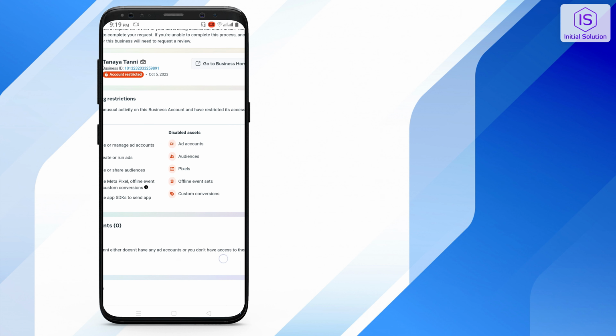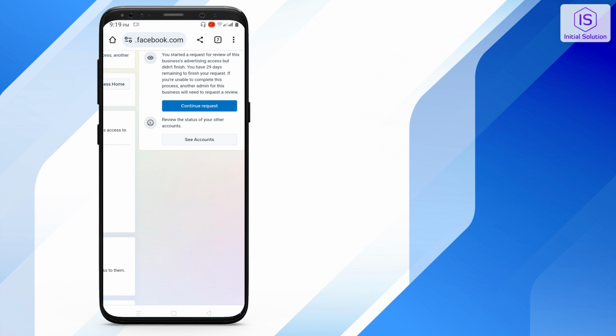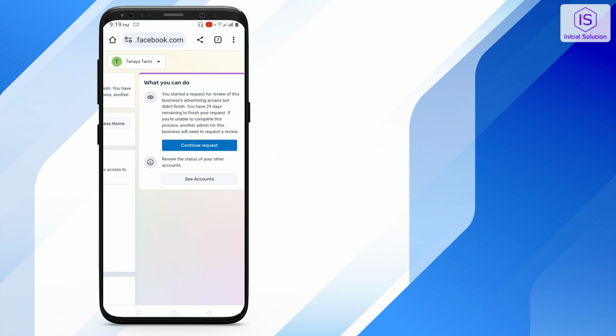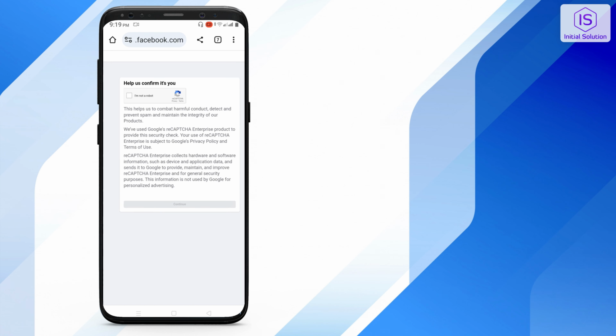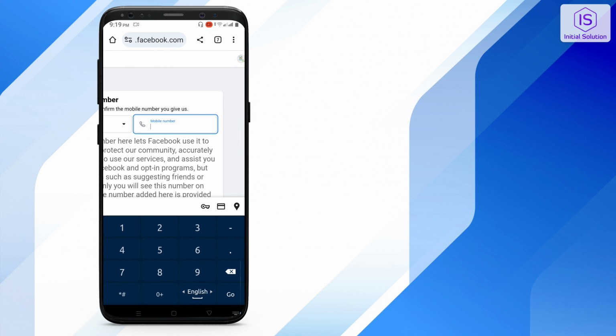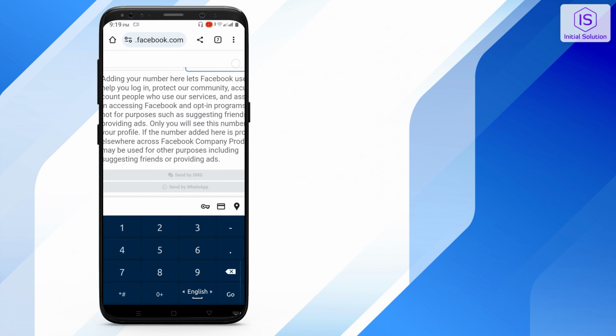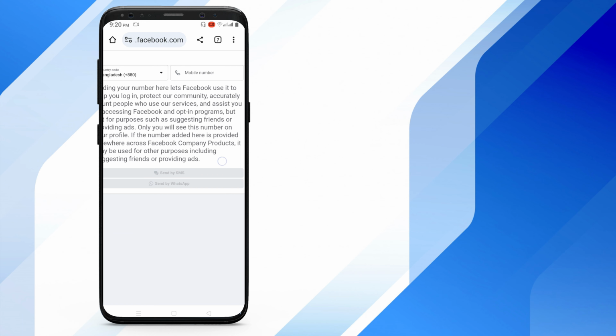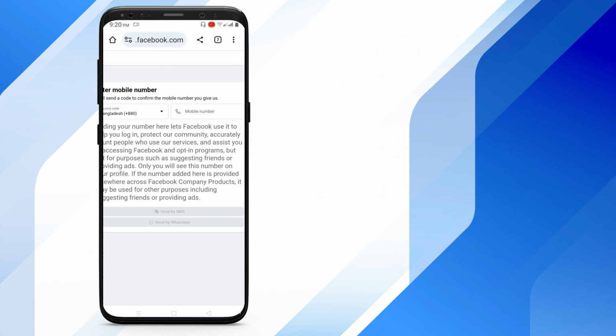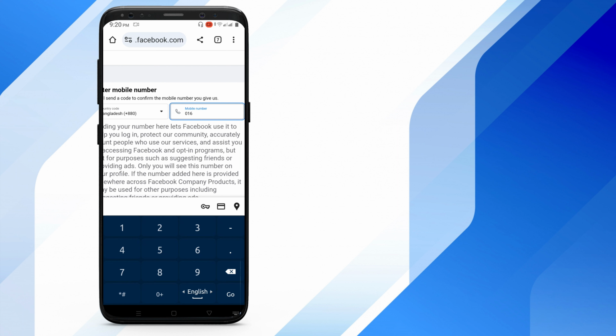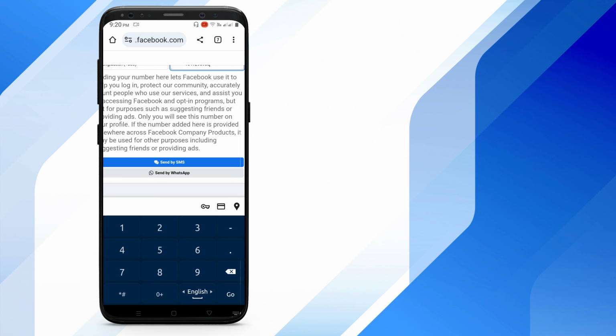So all I need to do in this situation is just right here, just go for continue request, and you have to go for I'm not a robot, go for continue, and you need to enter your phone number. And okay, if I go for my phone number here and send by SMS,